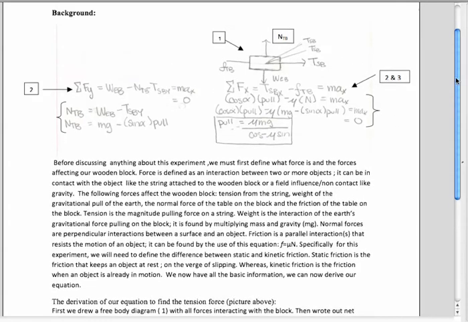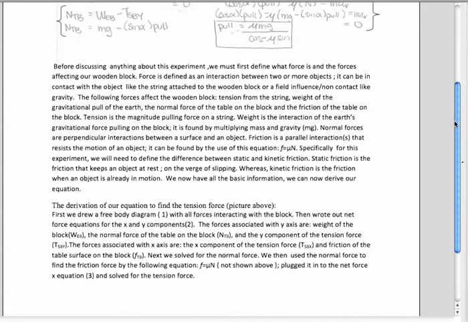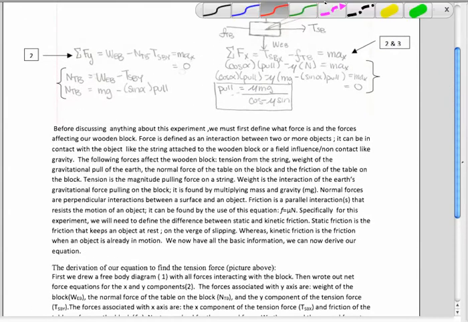Okay, I want to apologize. I lost the copy of the paper that I was working on, so to some extent I'm starting over here